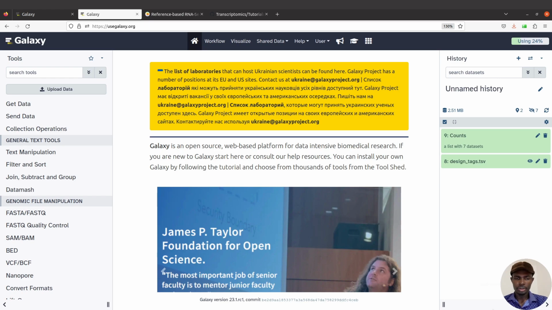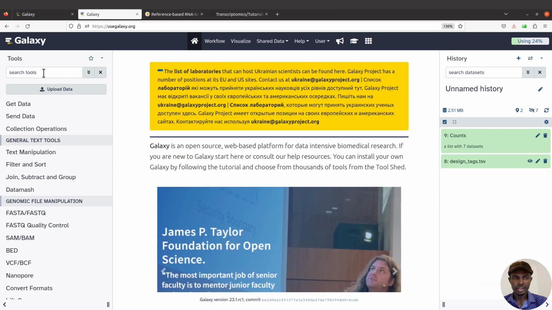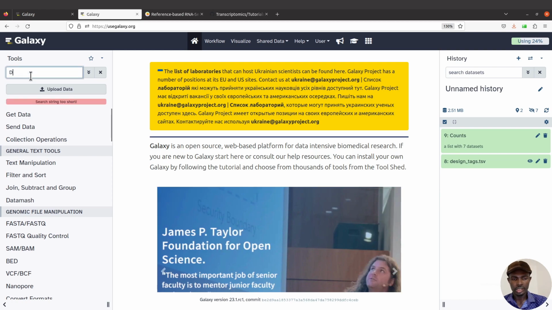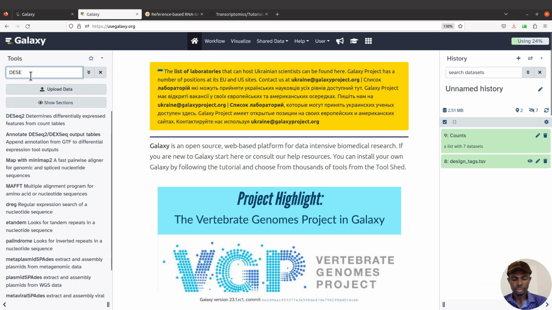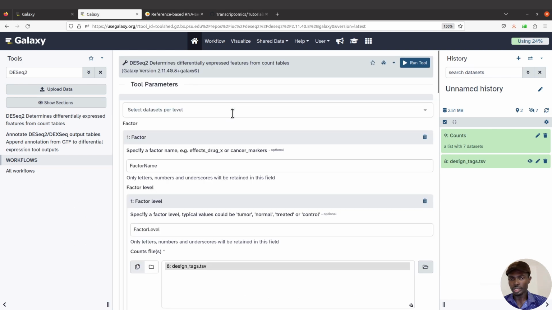Okay, so now we are going to create our workflow. Now before I create a workflow, let me say that you can run DESeq by just selecting the tool here. So you can say DESeq2. You can just search for it, and then you can open it, and then you can select your options, your dataset, everything, and then run it. I've already covered a tutorial on that, but for this tutorial, we are going to create a workflow